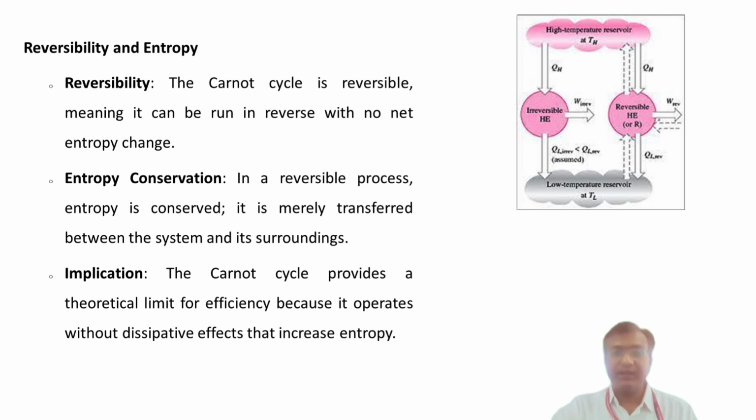Another way to look at the entropy is through the concept of entropy production. In a reversible process, entropy is not produced, it's only transferred. In an irreversible process, entropy is produced within the system. So the Carnot cycle efficiency is tied to its ability to operate without producing any entropy, which is why it is the most efficient cycle possible. To illustrate this, consider that the efficiency of a heat engine can also be related to